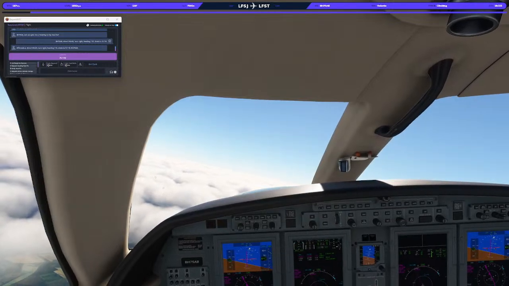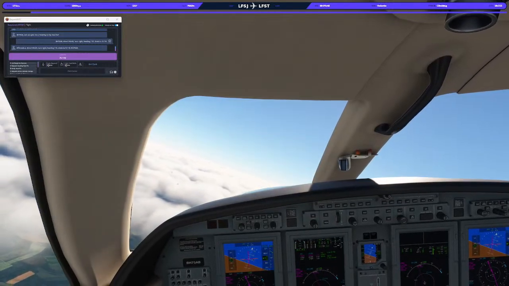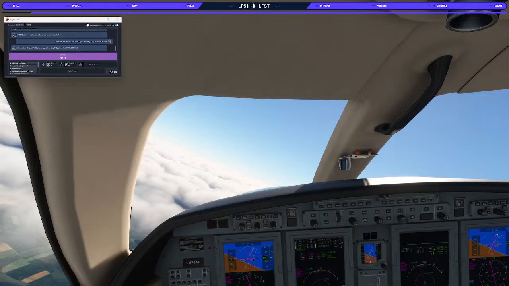I think the airspeed was a bit low. Giving it maximum throttle and